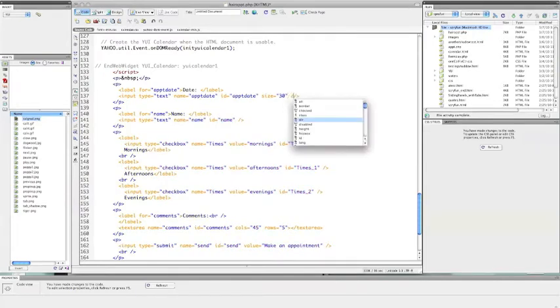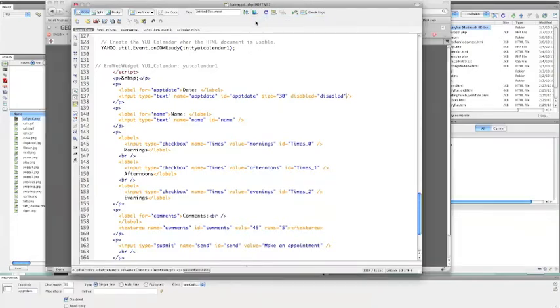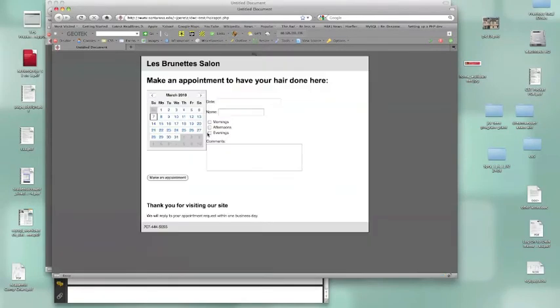and I will give it a disabled so that it will display, but it won't really allow input. We want all input to come through the calendar, so it all comes in a consistent fashion. And there we see maybe 30 might be a little too large, but we are not allowing the user to